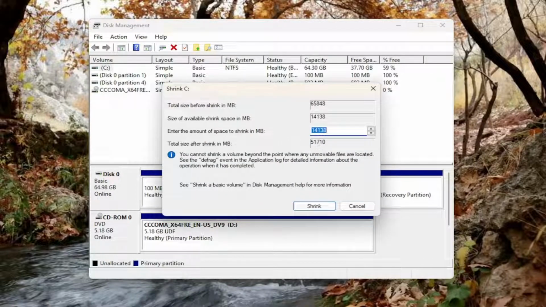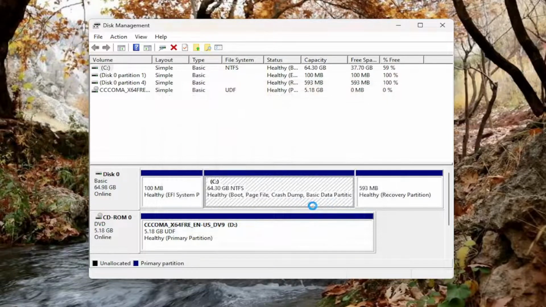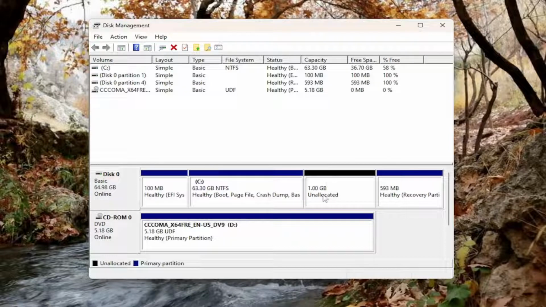And now at this point, in megabytes, enter in however much space you want to create for the new partition here. I'm going to just set it to 1 gigabyte, or 1024 megabytes, and I'm going to select shrink. And once that's done, it's unallocated space. So if you want to give it a file system and allow it to be recognized by Windows, you can